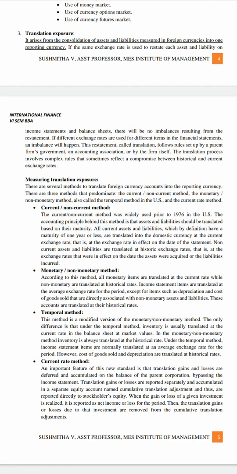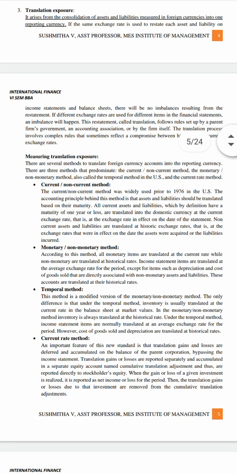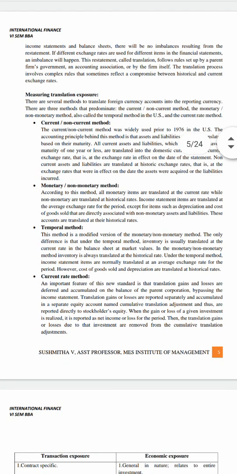So this variation that we expect in the translation from US dollar to Indian rupee is called translation exposure. The entire income statement and balance sheet are going to get affected when we are translating from one currency to another currency. So that is called translation exposure. Under translation exposure, we have different methods: current or non-current method, monetary or non-monetary method, temporal method and